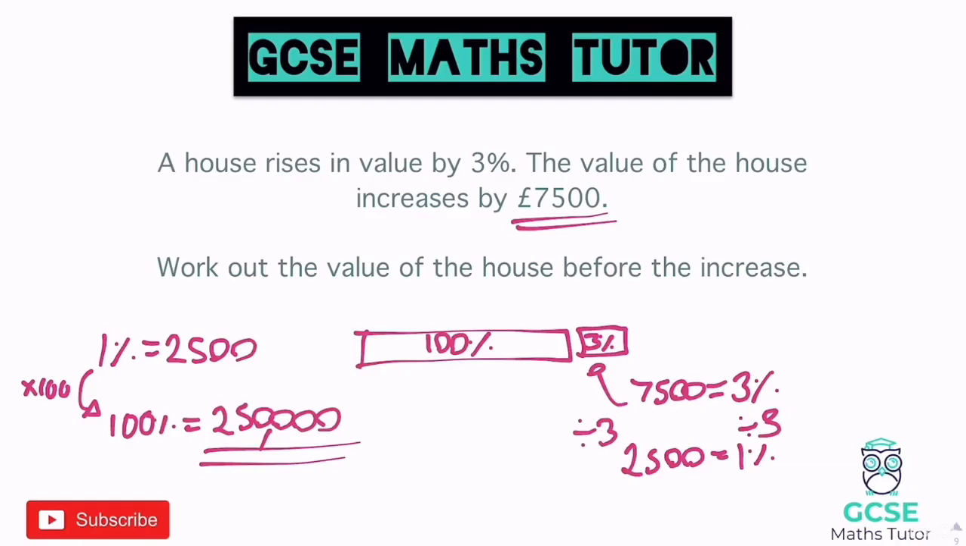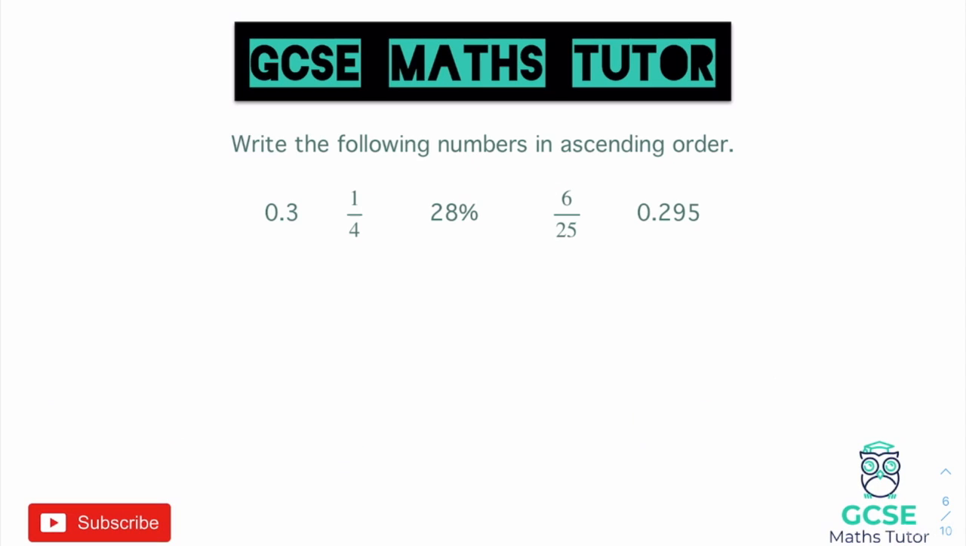So our answer there would be £250,000. Okay, so it says here, write the following numbers in ascending order. Now ascending order means smallest to biggest. So we need to find out which of these is the smallest, which is the biggest, and put them in